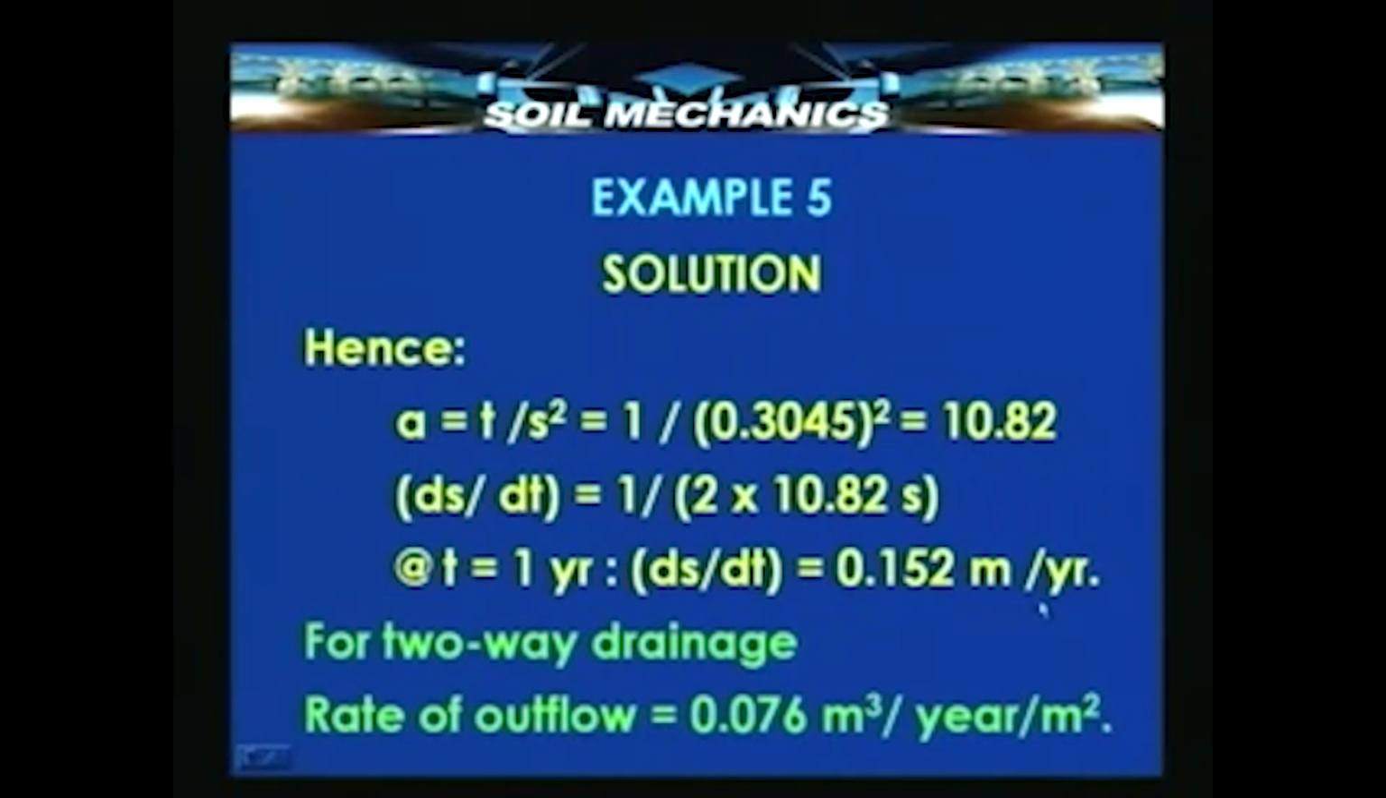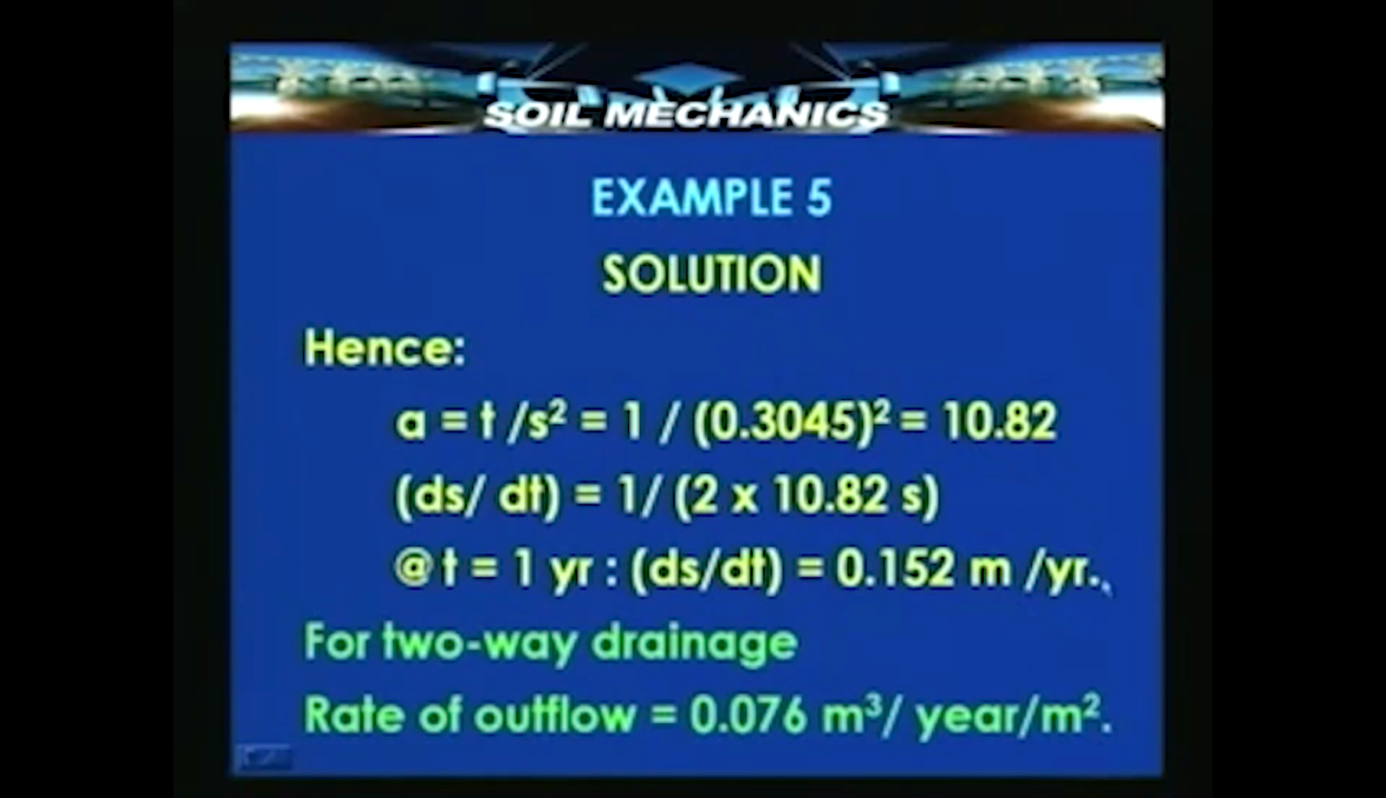So, the rate at which the water will flow out will be half the rate at which the settlement is taking place. So, it will be 0.076 meter cube per year per unit area. This is the answer, and this rate indicates how the compression is going to proceed with time in the subsequent